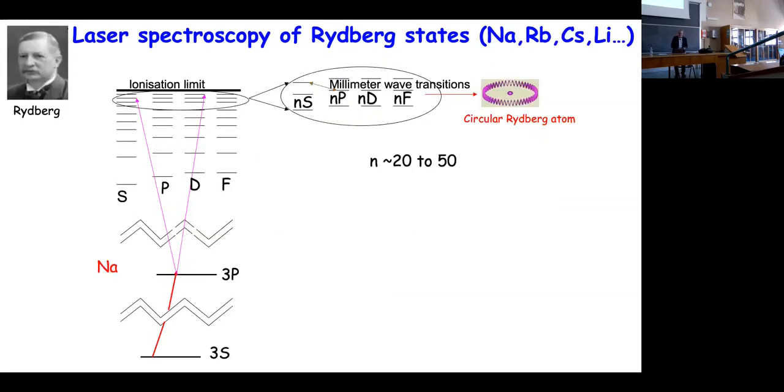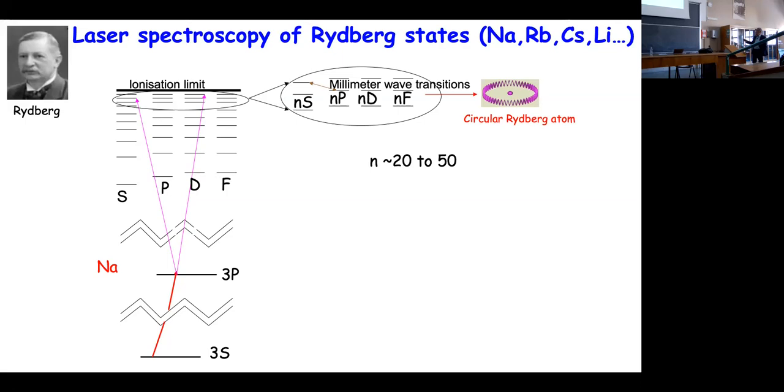So when we started, as I told you before, in the 1970s, we used lasers to start from the ground state. This is the case of sodium, which is an n equals 3 s state. With the first laser, you go to the 3p state. And then with the second laser, you can go from 3p to ns or nd states because of selection rules. And you can excite levels very close to the ionization limit. And if you blow up what happens here, you see that you have, in fact, ns, np, nd, nf, and so on,